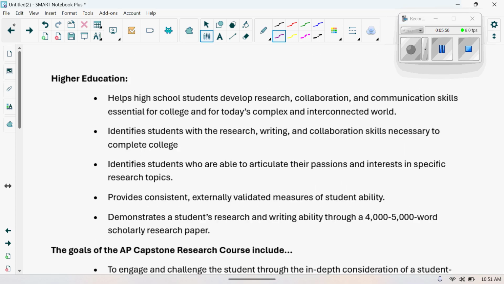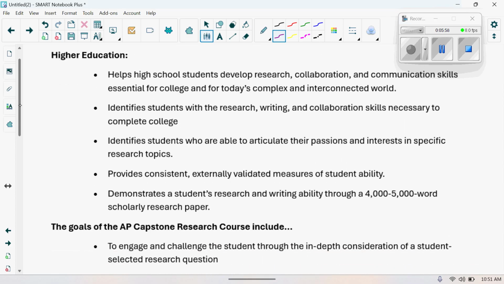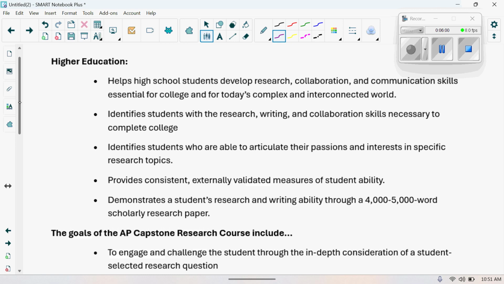If you are, then note that we're actually preparing you for college, because you're going to be graduating with this capstone diploma, and you're really going to be more prepared than other students who don't take this program, because you're going to be able to write a research paper that is similar to something you're going to be doing in college. So these skills, the presentation and writing skills, are really going to transfer well to college, and really help you to prepare for college. So we hope you stick with it, and we hope you're ready to learn and ready to tackle your project.